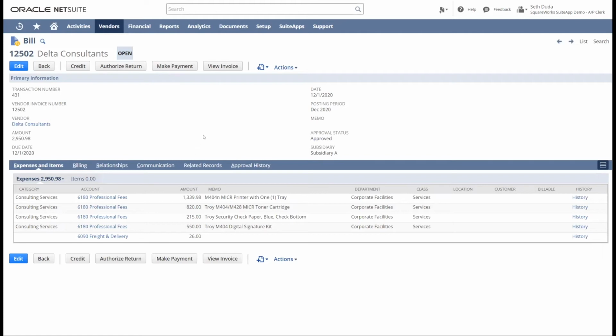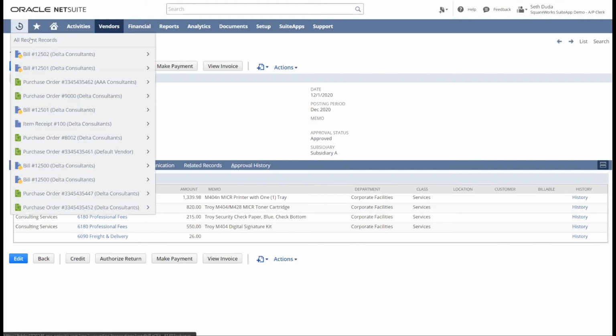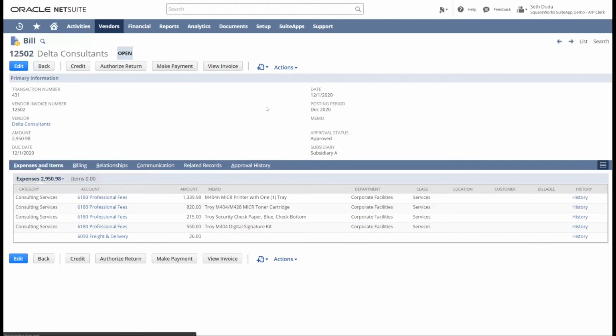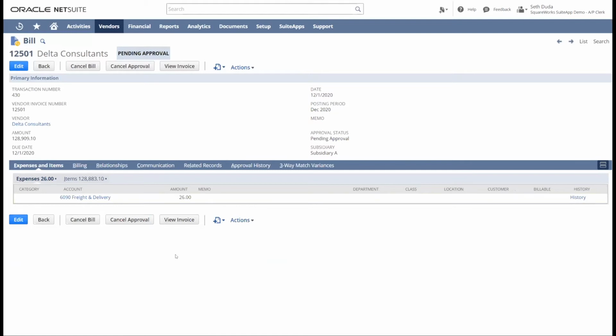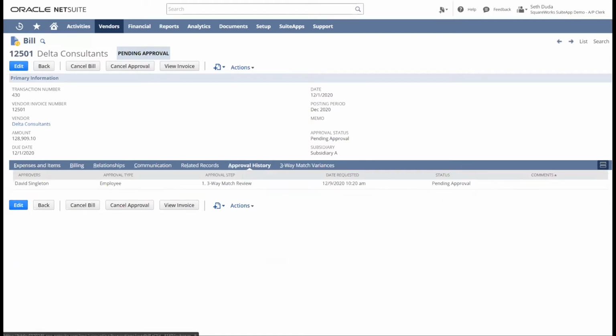So let's actually go back to the first bill that I created, because I know that's still in the approval process. This is the one that was associated with the purchase order. It's still pending David's approval. And I'm not logged in as David, so I can't really move it forward at this point. So I could reach out to David and have him approve, but let's say David's away and we just need to get this through. So what I'm going to do is I'm going to